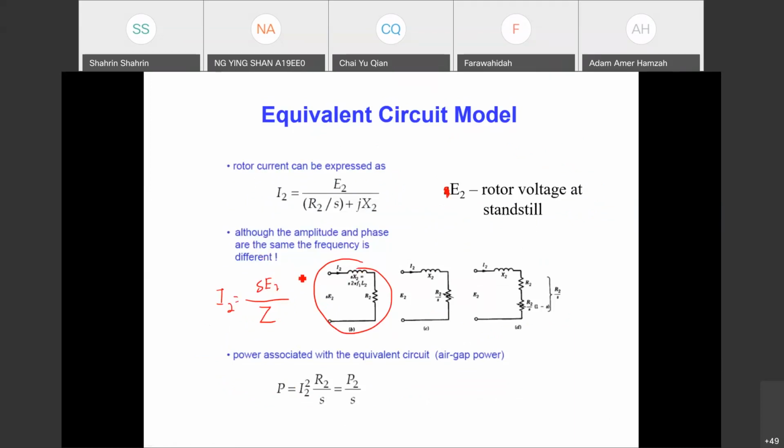But the researchers have modified the circuit. Why don't we just put E2 here? So we factor out the S. For example, I2 is equal to SE2 over R2 plus jSX, right? This is the original referring to this. So when we factor out this S,